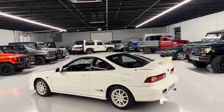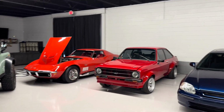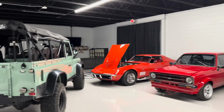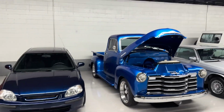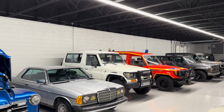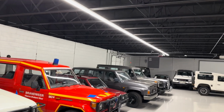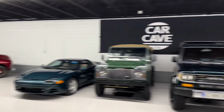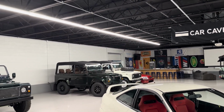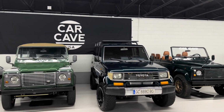So yeah, if you're wondering about Car Cave, I always like to do a walk around after, so we have a good variety. That's old Escort RS 2000. We got to put the motor in and back, a V8 fuel injected Defender, 427 4-speed AC car, Chevy 3100, an old W123 coupe, a KZJ73, BJ75 Troopy with low miles, a Fiat Panda 4x4, a Nissan Patrol, a W460G, a Rolls. We have an EK4 Honda over there to go with the other EK4 here, 2 V8 Defenders, a 300 TDI Defender, a KZJ77, third row car,